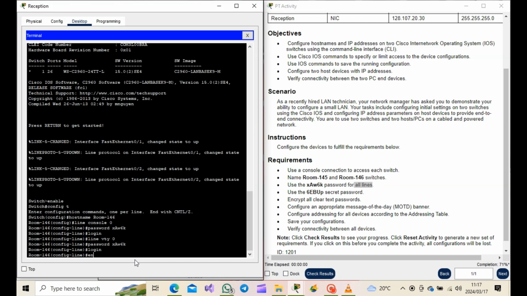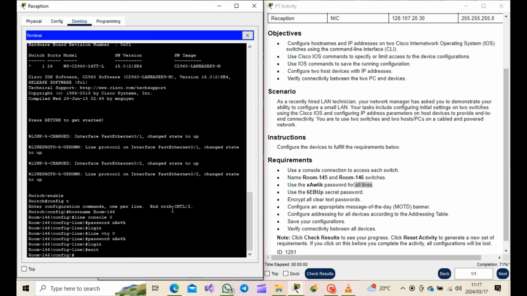Therefore after that let's exit, we say exit. So let's secret our password right here. We say enable secret, which we are going to use 6EBUP as our password, and